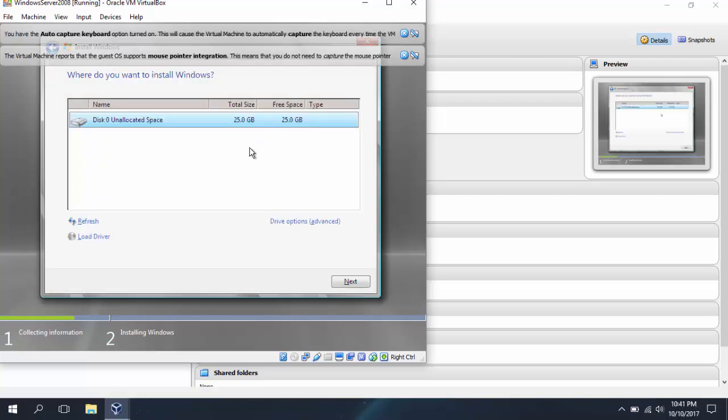Now this box is displaying the partition of the hard disk. You want to click on drive options, and here is where we can partition the hard disk so that the operating system is installed on a disk separate from the free space that will be allocated for the use by the operating system. So click on new